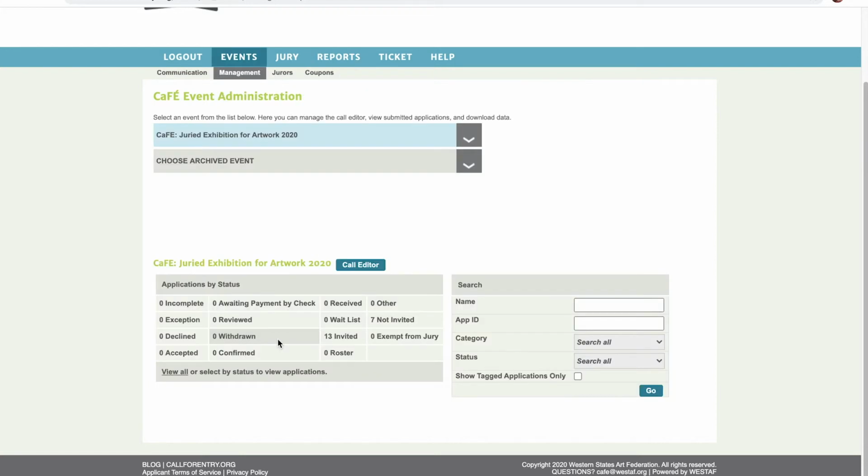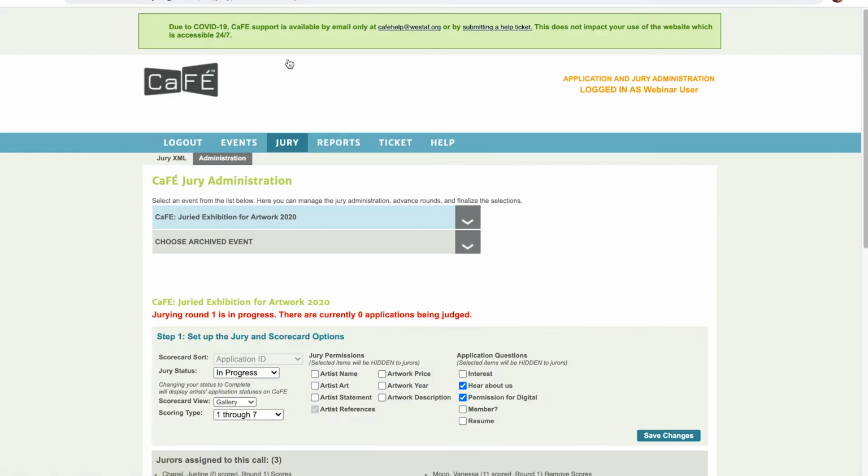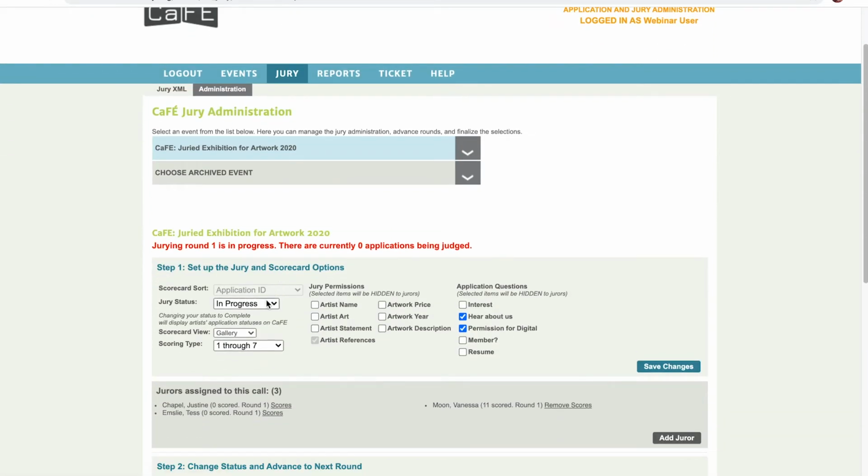The next step that you'll need to take after emailing the artist, which let's assume now that we've emailed both the invited artists and the not invited artists, the next step is to set your jury status to complete. So we ask you to set this status after you notify the artist, because once you change this jury status to complete, it will make the status visible to the artist on the My CaFÉ entries page. This gives you enough time to make sure you have everything sorted, there's no confusion between the artists or with any final decisions, and that you're ready to make it published.